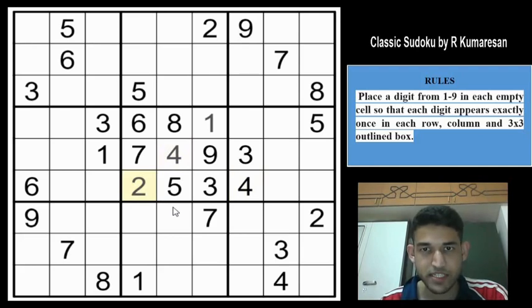Any more simple digits? So we have a 5 in row 4 and 5 in row 6, which means 5 will be in one of these two cells in row 5. But 5 is in column 2, so 5 has to go here. And 5 is in column 1 and column 2, so 5 in column 3 will go in these two cells. And there is a 5 in column 4 and column 5, so 5 will go in these two cells.